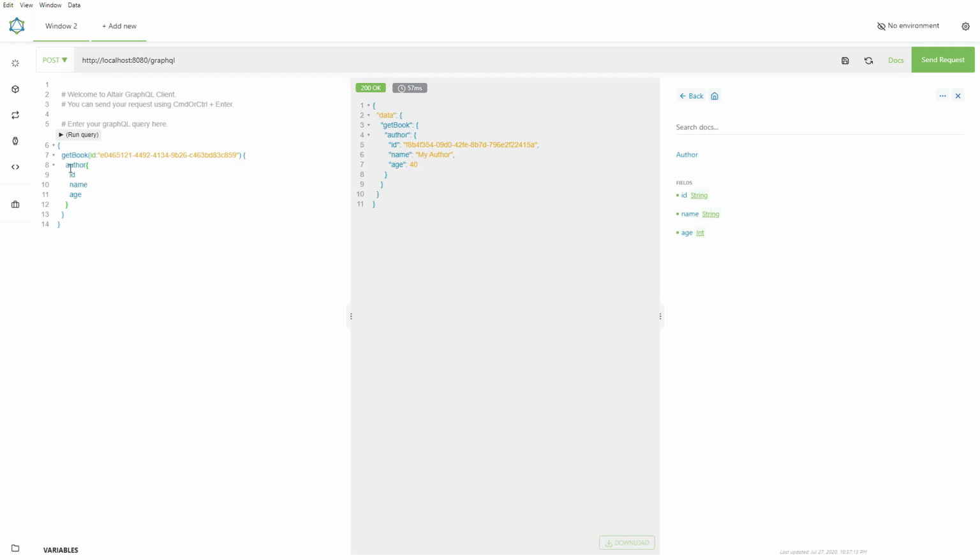So this is how you can query a nested object, and you can mix and match it with the fields present in the book type itself. So we can fetch the book ID, book name and pages as well, together with the subselection of the nested object, the author field over here. Let us run this again and see what we get in the result. As you can see, we are getting pretty much everything that is present. So this is exactly how you query the nested object.